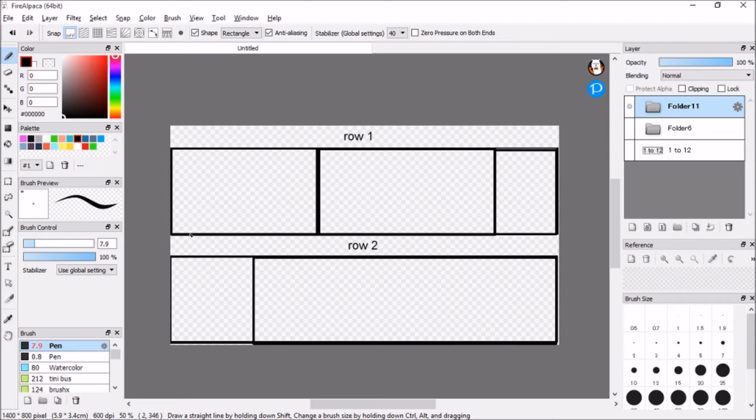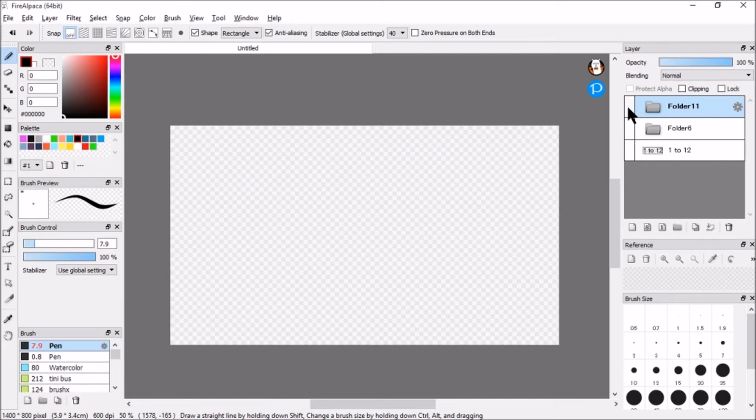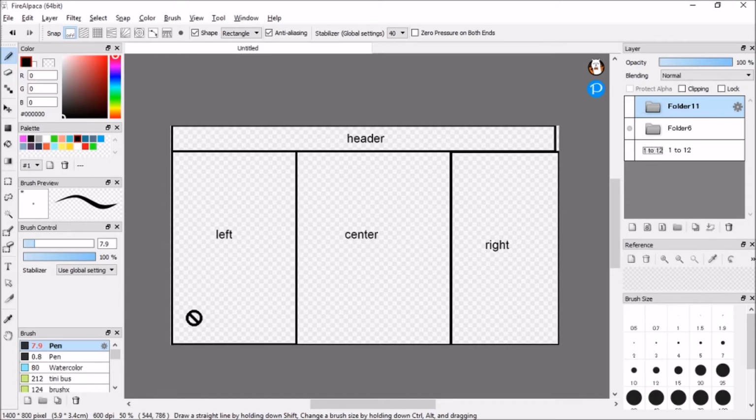You can see the whole box is one row and the whole box is another row. In the first row you can see one, two, three columns, and in the second row you can see two columns. You just need to understand which is the column and which is the row, just the basic understanding. Next, we are going to create this layout.